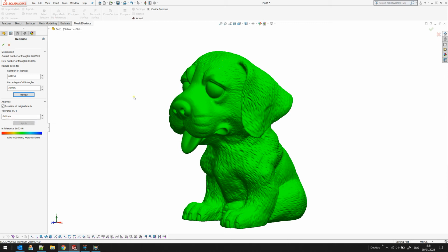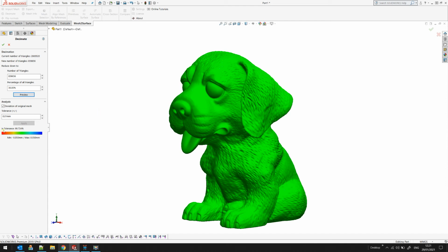The tolerance means how far from the resulting mesh we are taking the original vertices, and this gives us a good indication if this is a good result or not. For example, in this case, I just say that my goal is to stay within 10 microns of the original mesh, and I don't want to go any further.